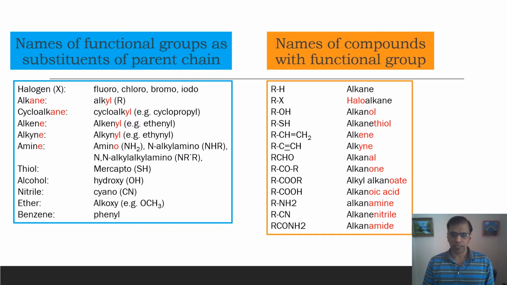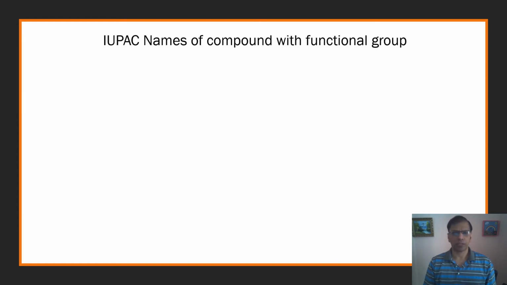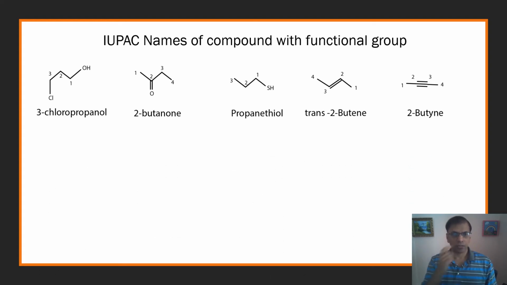Now let's look at some examples. So let's look at the IUPAC names of some simple organic compounds. These are organic compounds with one functional group. Try to name them based on the rules that you have learned so far and the naming convention. And once you have done that, you can check the answers. So let's start from